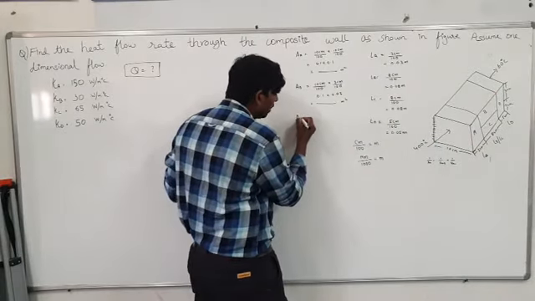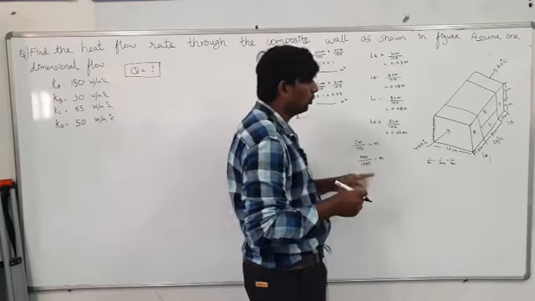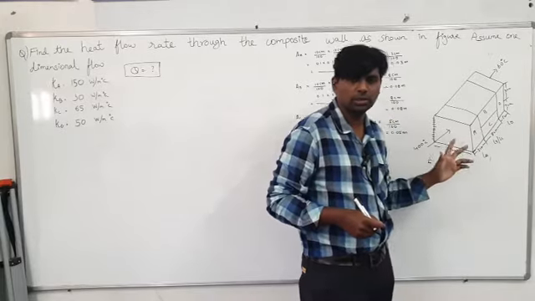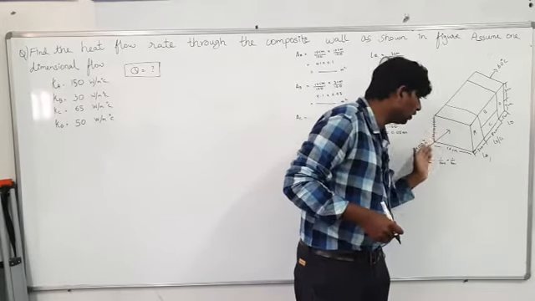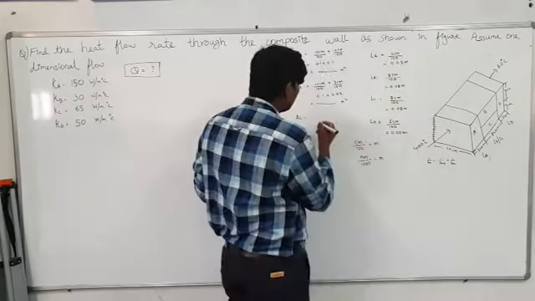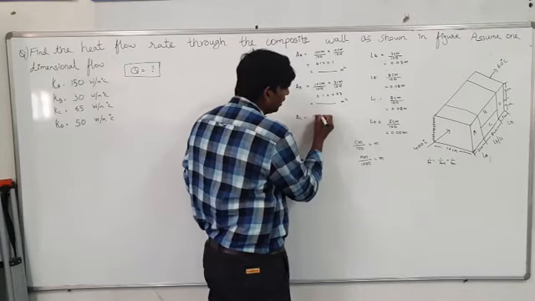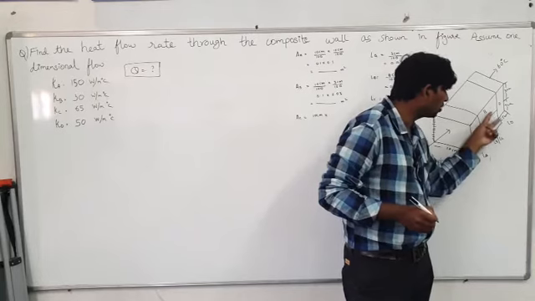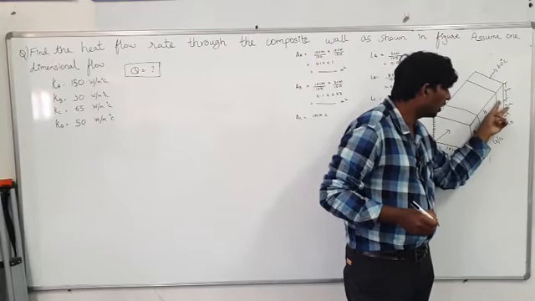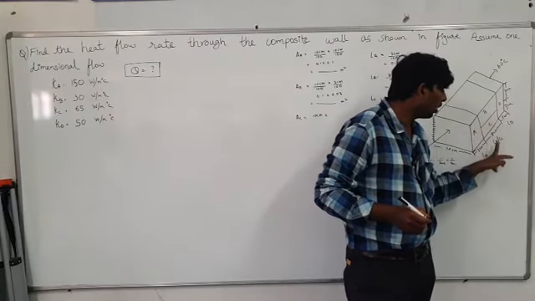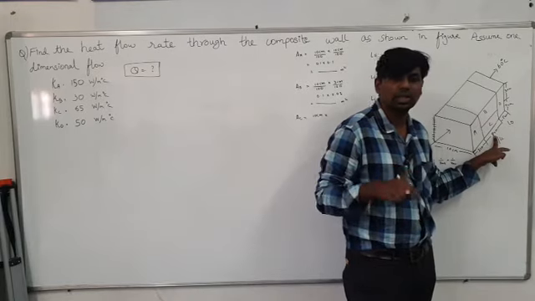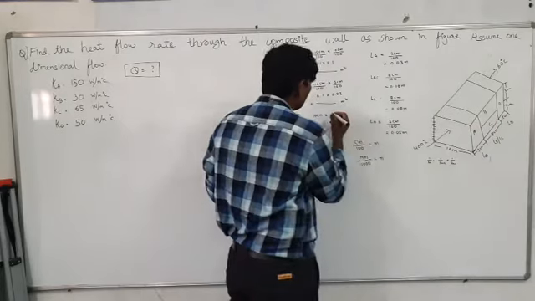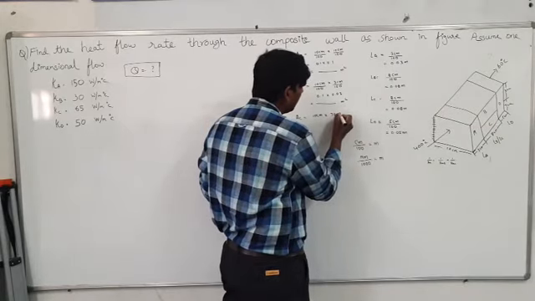Now the next step, what do you have to find out? You have to find out the AC. For AC, I told you, for the C component this one is the constant, because heat is flowing in this direction only. So you have to take this as the constant. How much is it? 10 centimeter into. Now for the C component, what dimension is given? As you can see here, 7 is given. Why are you not taking this one? Because you already considered this as the length. So 7 centimeter is given. Here you have to write 7 centimeter.